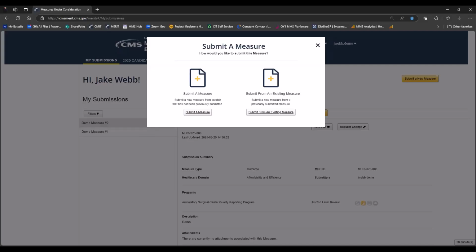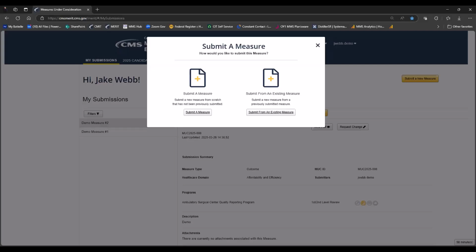And sometimes we do our best to translate from one language to another, but we always recommend that, as you're going through the process, you make sure that everything has migrated over and it still makes sense and it's exactly how you wanted it. So even though it auto generates, please just review and make sure that everything looks correct. It also does not translate over attachments. So if last year you had a submission and you had attachments, you will have to re-upload those this year